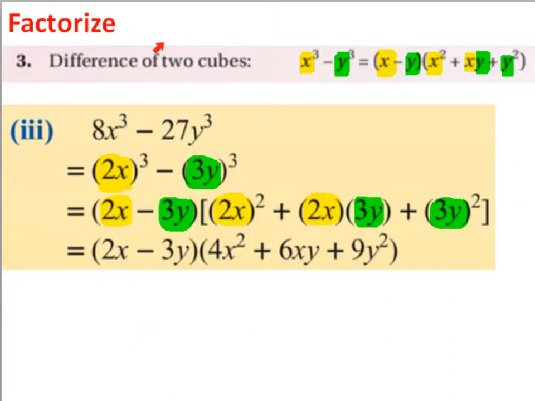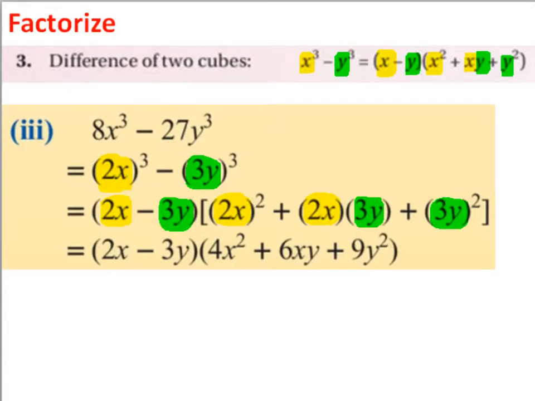Factorize difference of two cubes. So the formula for the difference of two cubes is x cubed minus y cubed equals x minus y multiplied by x squared plus xy plus y squared. So if we're asked to factorize 8x cubed minus 27y cubed, well, the first thing here you would do is